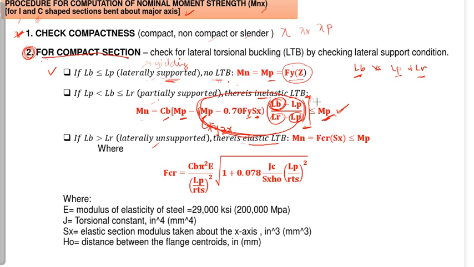Okay, so may limit pa rin tayo dyan. So, paano pag yung value dito is nag-exceed? Paano pag yung mas malaki yung Mn ninyo kaysa Mp? Bawal yun. So, for that case, ang gagamitin mong Mn is equal to the Mp. So, pag yung value mo na Mn exceeds Mp, ito yung gagamitin mo in the design. Kasi nga may limit tayo, this should not exceed our Mp. Okay? However,